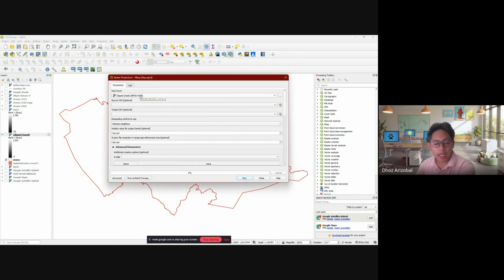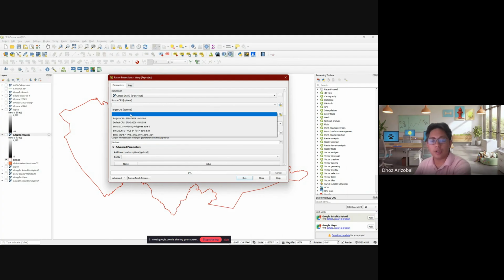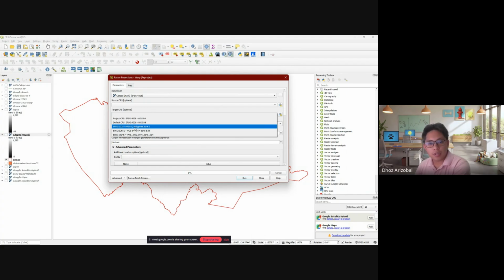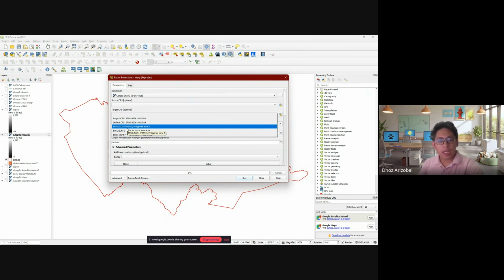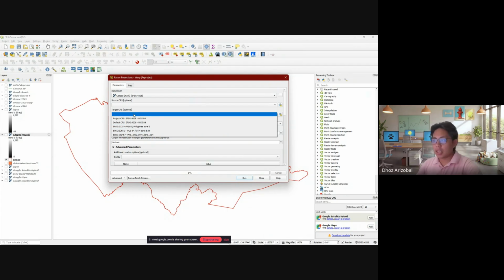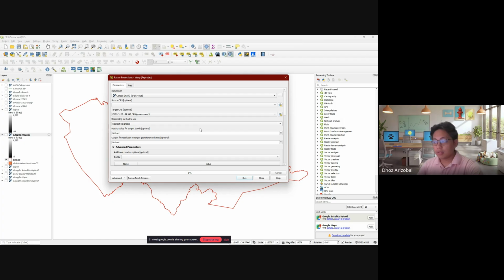So select your input map and then select your target CRS. You can choose PRS 92 or you can choose 32651. They're the same. They're both in Mercator projections. For this case, I used PRS 92 and kept everything.